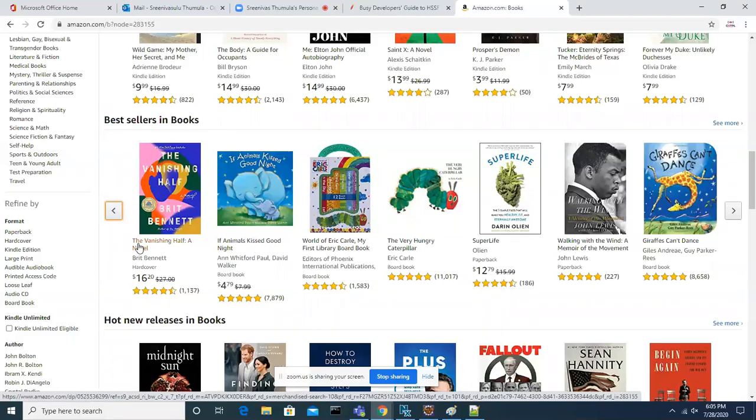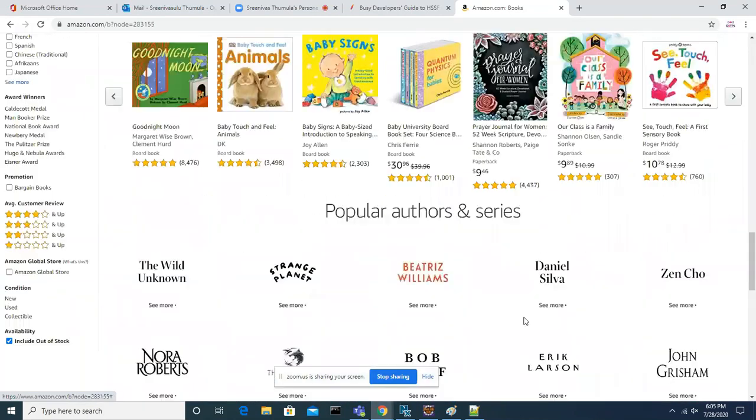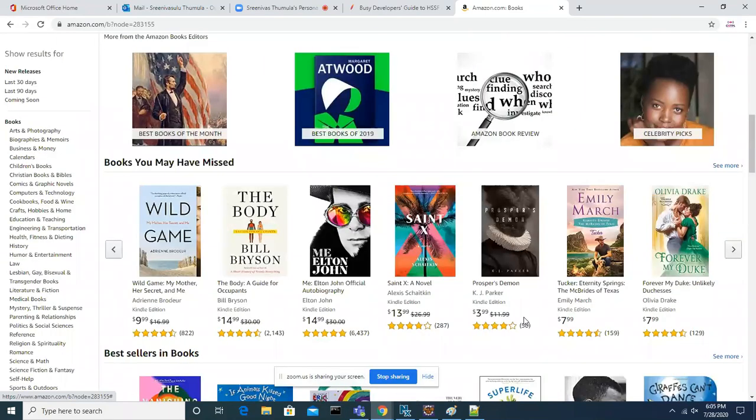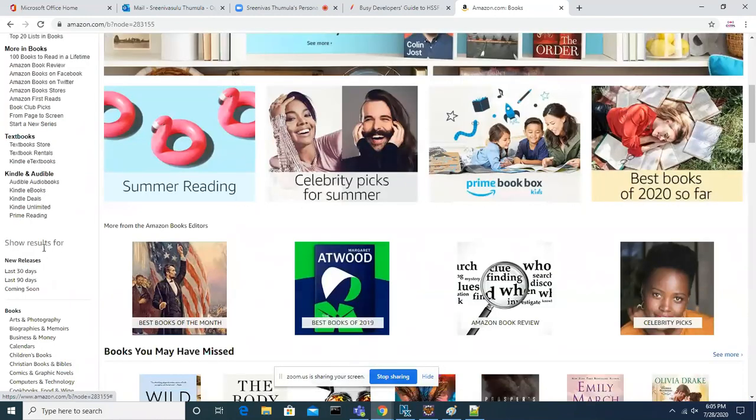So try to understand one thing here. All these, like the name of the book, the author of the book, and the price, are all information. This is one book's information. This is another book's information. Like that, this website has to handle a lot of information, not only books, many things are there, right? But all this information is coming from somewhere.